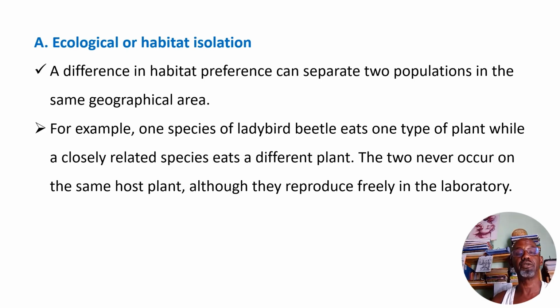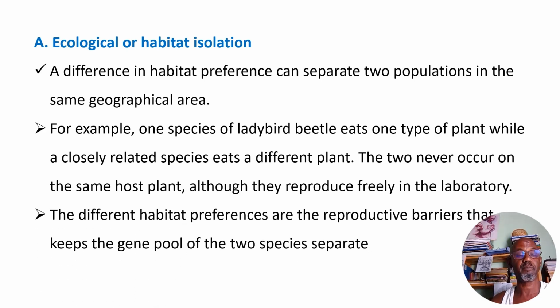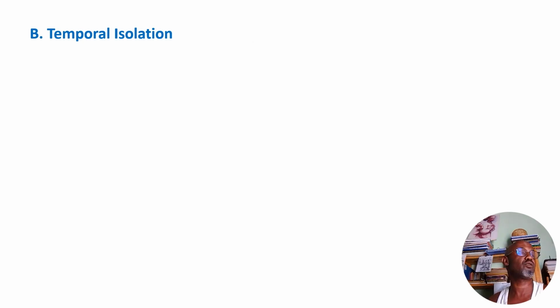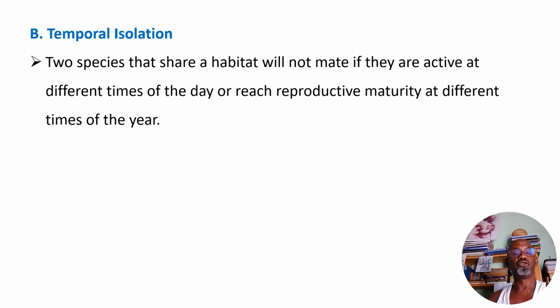This is what the ecological or habitat isolation mechanism is. The different habitat preferences are the reproductive barriers that keep the gene pool of the two species separate. They are prevented from mixing up their genes. The second is temporal or seasonal isolation mechanisms. Two species that share a habitat will not mate if they are active at different times of the day or each